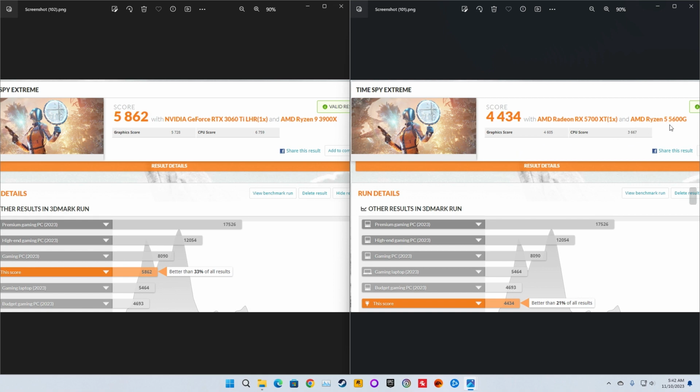But I went from a 5600G APU, which is 6 cores, 12 threads, to a 3900X, which is 12 cores, 24 threads. Well, I'll start back over again. From a system that only had a 6 core, 12 thread APU, 16 gigs of RAM running at 3200 CL22, 5700 XT, a 512 NVMe SSD that got decent speeds, and a 650 watt 80 plus gold rated power supply, to the 12 core, 24 thread CPU,